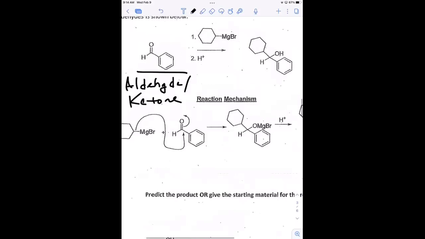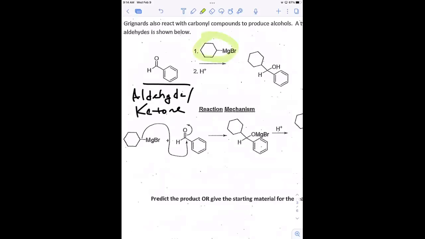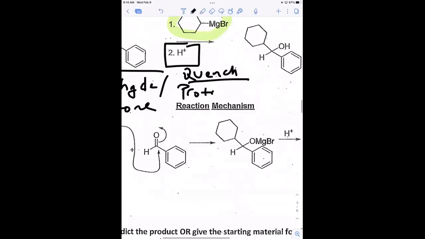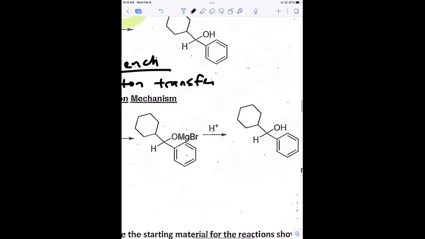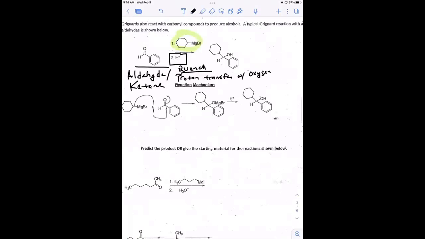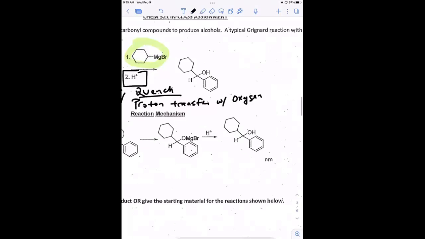All right, so you have that. You have your Grignard right here, your organometallic, and then there's always a second step in the reaction that we call a quench. All this does is proton transfer with oxygen. And when I show you the mechanism, you'll see what I'm talking about. So you have the quench step after you add the organometallic, and then your final product, in this case,